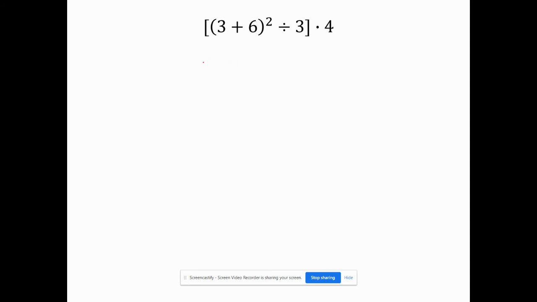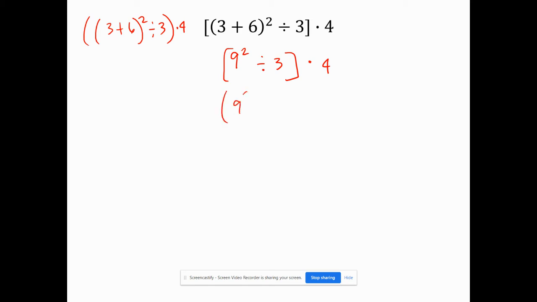So we have to do parentheses first. 3 plus 6 is 9. And then we'll just write down everything that's left. These brackets are still here, which they sort of turn into parentheses now. The brackets are only there because it looks kind of funny to have double parentheses. I mean, it doesn't look that funny, but it's a little bit better than all those parentheses. So now I can really turn those brackets into parentheses